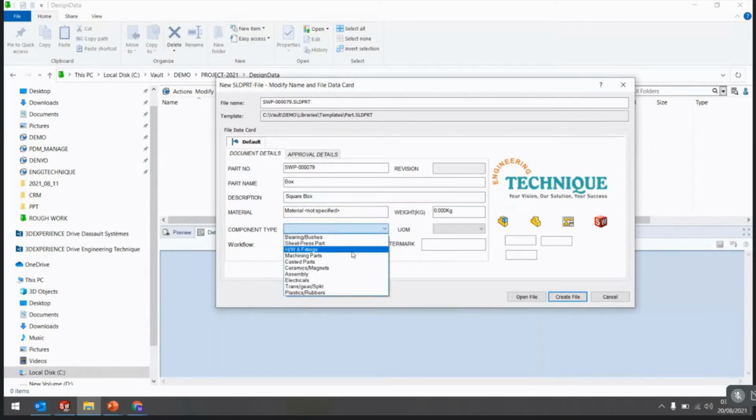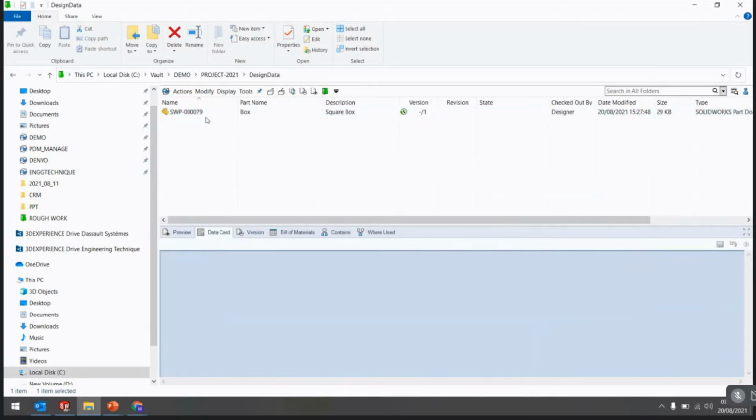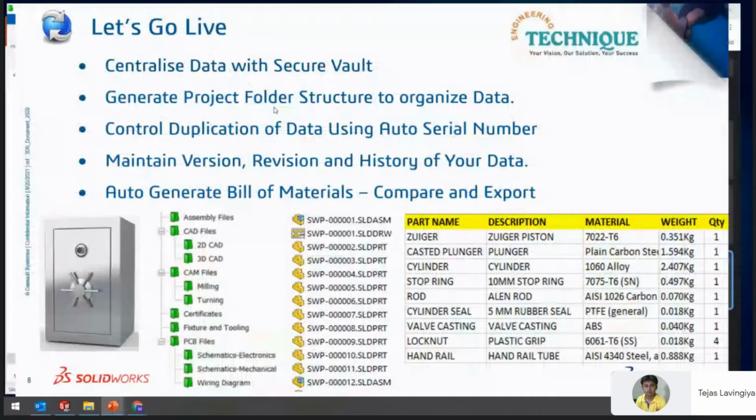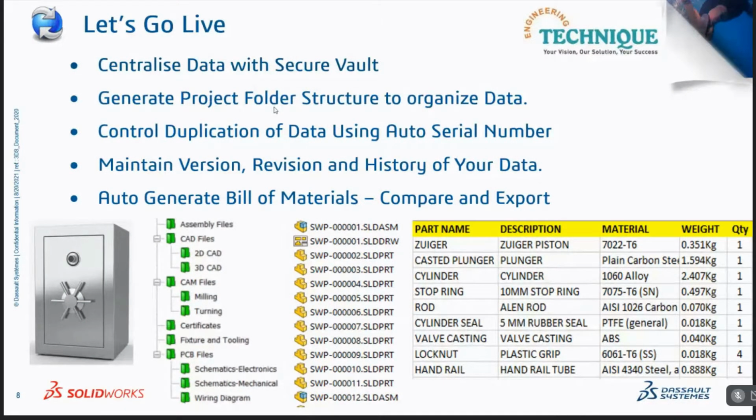Also, we can take other information while creating that file. So you can see here my 79 number file is created, and the data I entered is shown in the interface, right? So this is how we can control duplication of data, right?